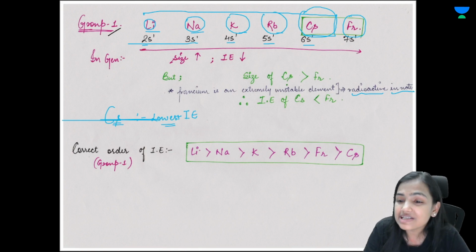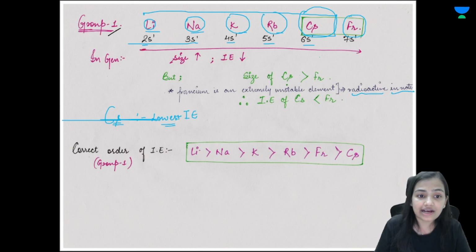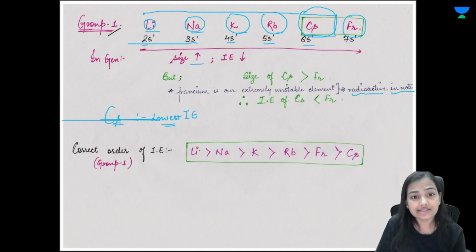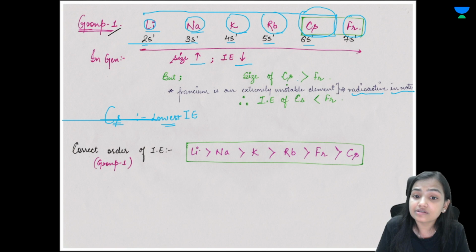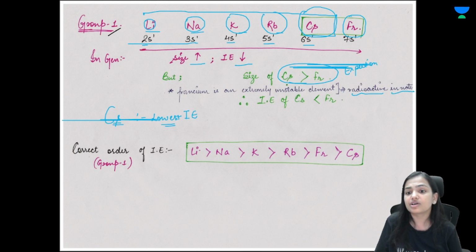Cesium, that is the lowest ionization energy. So guys, when you are moving from top to bottom, from lithium to francium, the size increases, so therefore the ionization energy decreases. You would expect francium to have the lowest ionization energy because it is largest in size. But no, guys, but no,